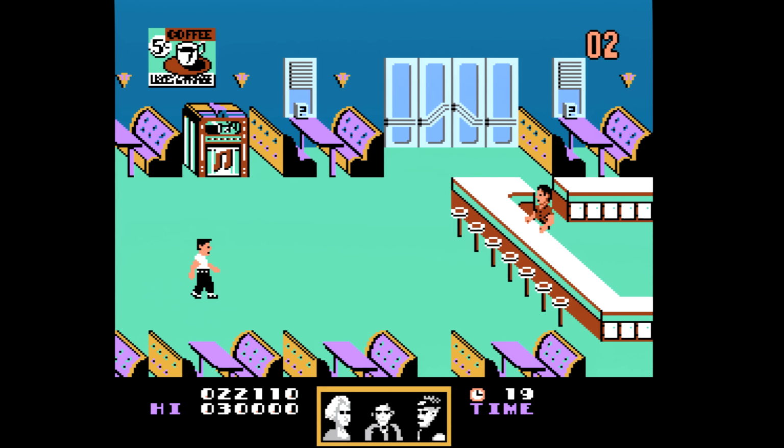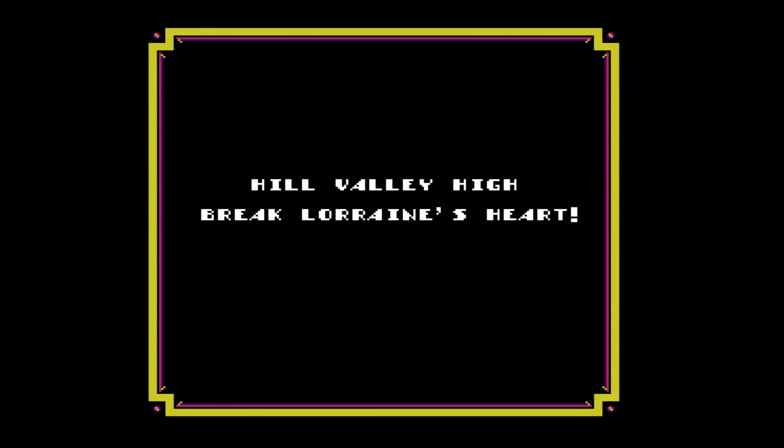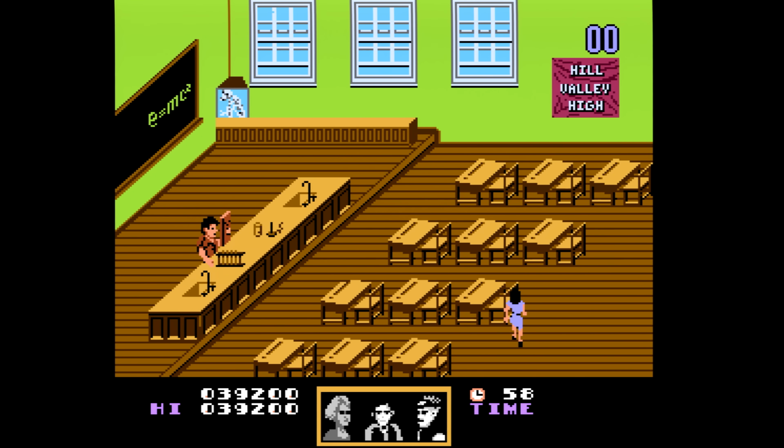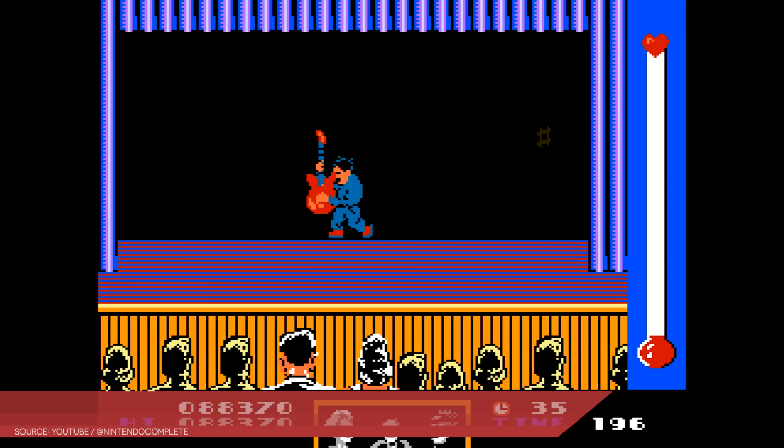The second boss battle takes place in a Hill Valley High School classroom, which, fair, but it's sort of a reverse version of the first stage, in which Marty, now seemingly a teacher, has to use what I guess is Gray's sports almanac in order to block an incoming stream of heart icons from his mom. Sure, I guess. The third event sees Marty on the gym stage at the high school dance, raising and lowering